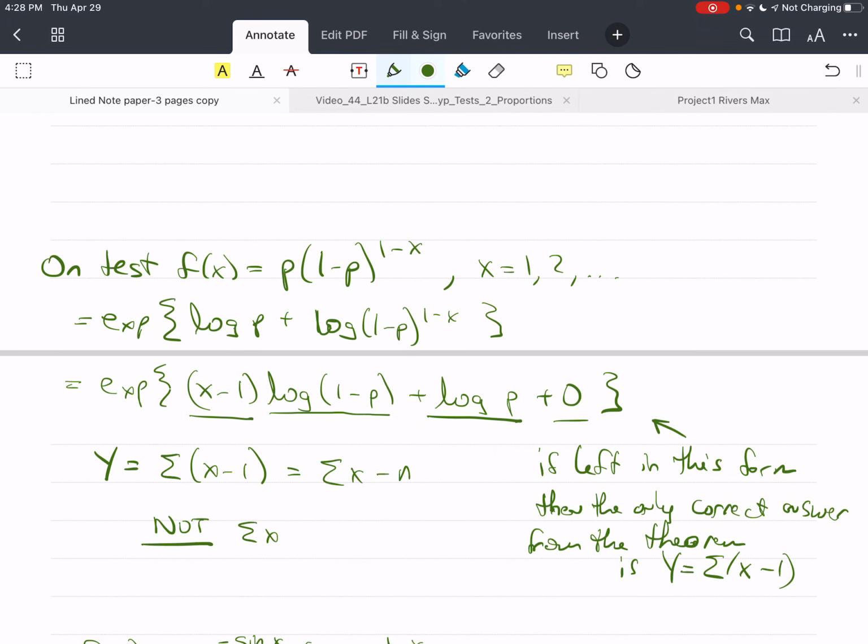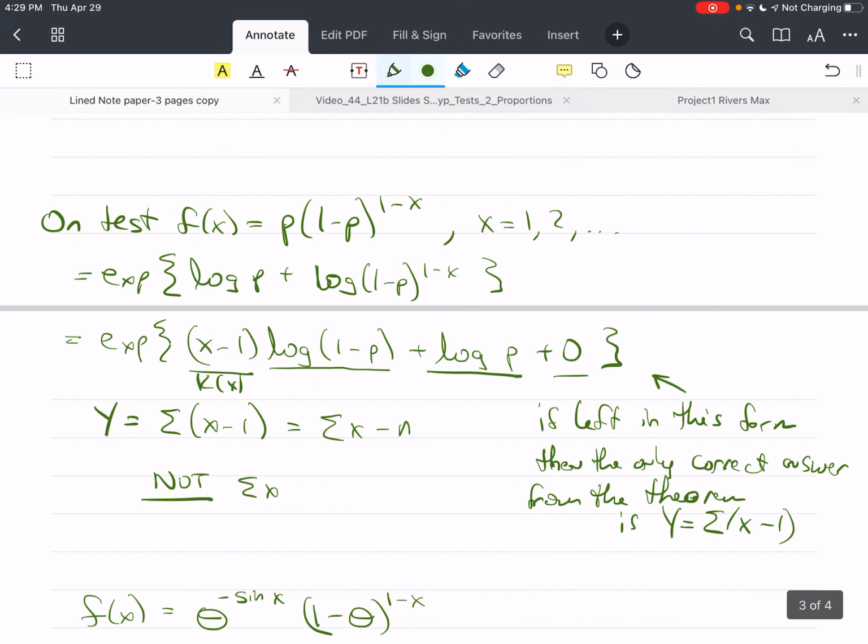Because that's what it says. This is k of x. You have to take all of k of x. You can't just cherry pick what you want, just the x out of there. That doesn't work. It has to be the sum of all of that, so the sum of k of x. What you could have done is you could have